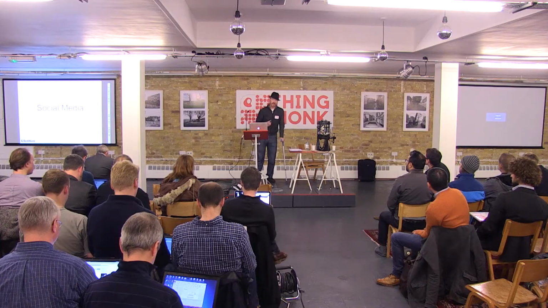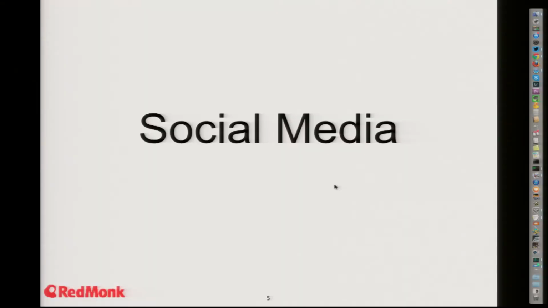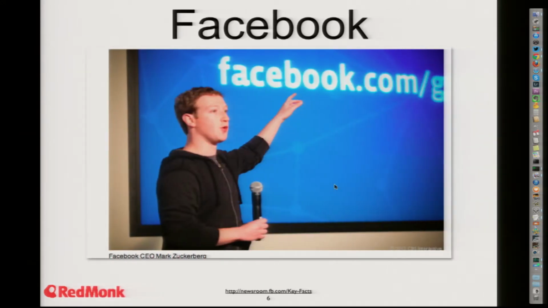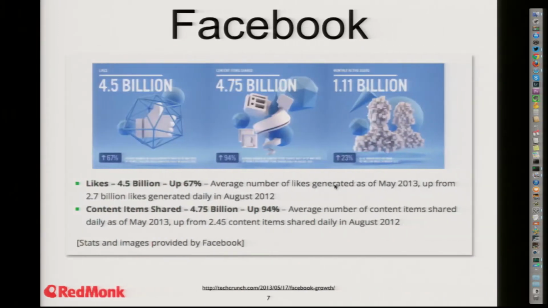And it's not just that kind of information. We're publishing a load of stuff on social media as well. So you just take a quick look at some of the numbers in social media and you realize how big it is. Facebook have announced now that they've got 1.2 billion users. And the latest numbers that they published in August, they talk about 4.5 billion likes per day, 4.75 billion items published per day, and I've forgotten how many billion photographs.